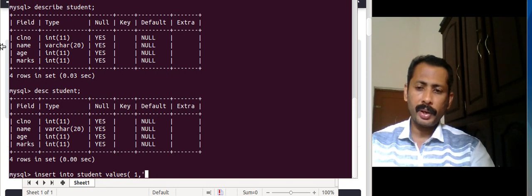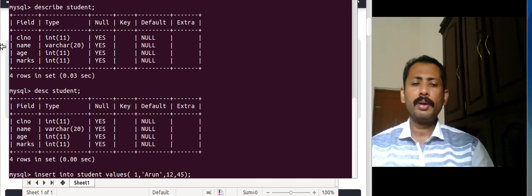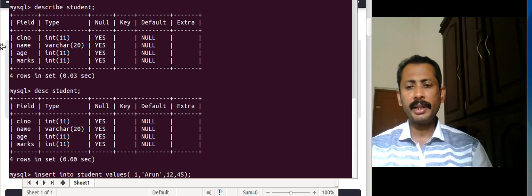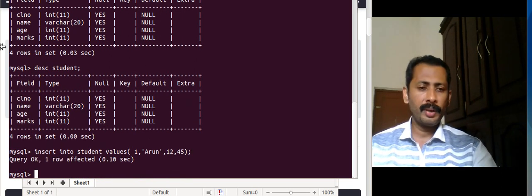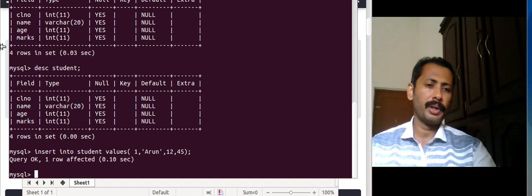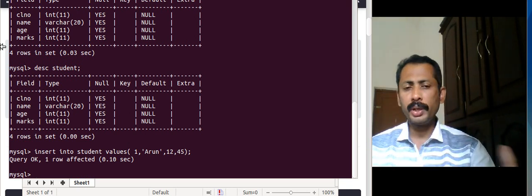It's a character, so I am giving it in single quotes. 1, Arun, comma, age 12, marks 45, semicolon. Here also, if this syntax is correct, it will not show error. If it was wrong, it will show some error. So this shows query OK, one row affected. So one row is inserted.